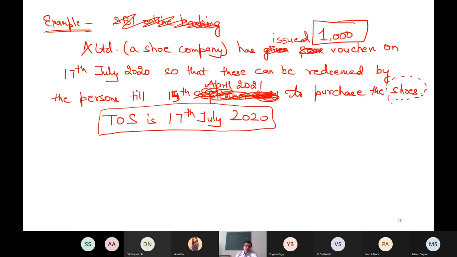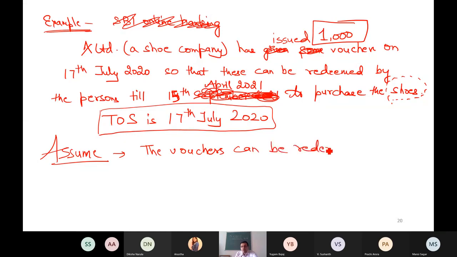In the same example, if I assume that on the same date the vouchers can be utilized, or the same vouchers can be redeemed, though I am a shoe manufacturing company. Suppose this shoe manufacturing company has a shopping mall also, or has 100 shopping malls across India, and in those malls the company says that these vouchers can be redeemed to purchase anything